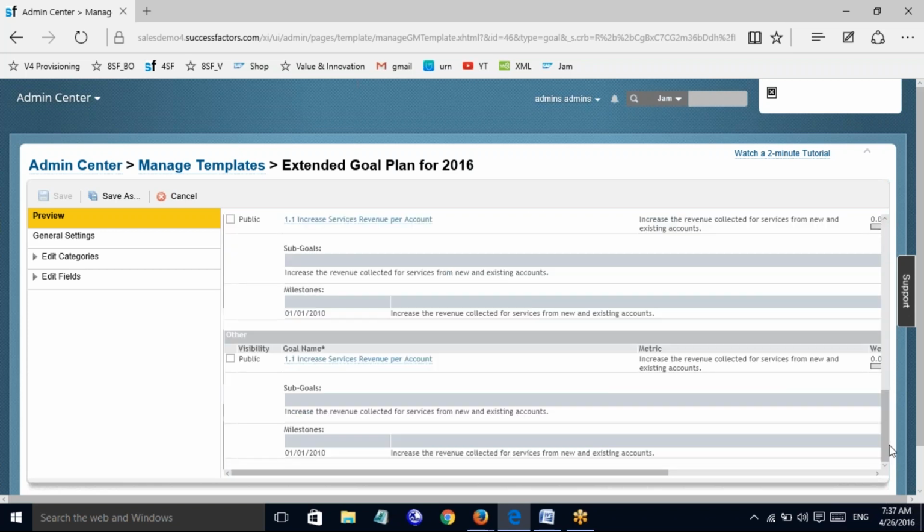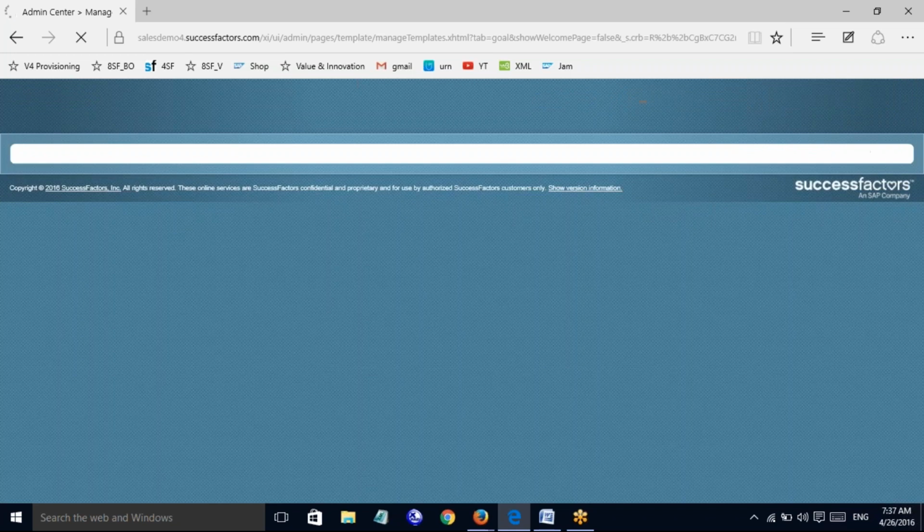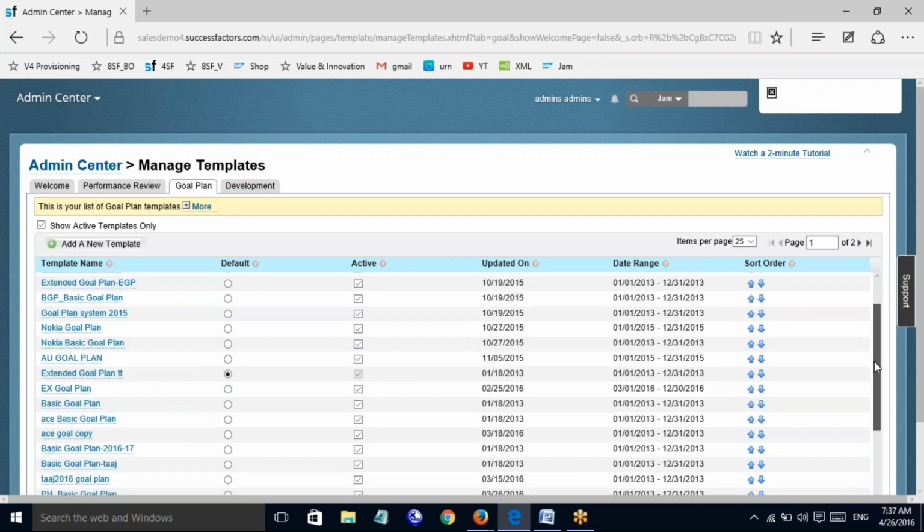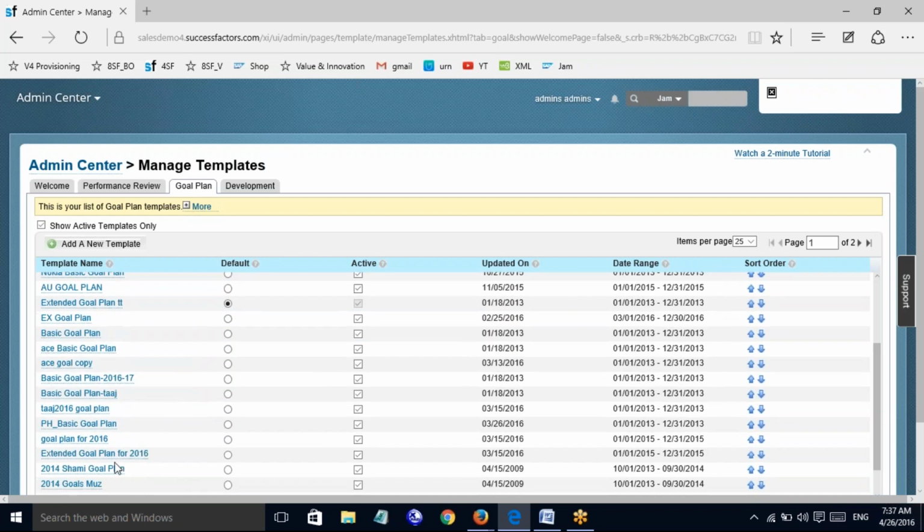But every template you look at here, for example, okay, before I come here, let me come back to manage templates, and you can see the template that you just copied from the success store. You can see that the goal plan template is active, and the extended goal plan for 2016 is active and created on today's date.